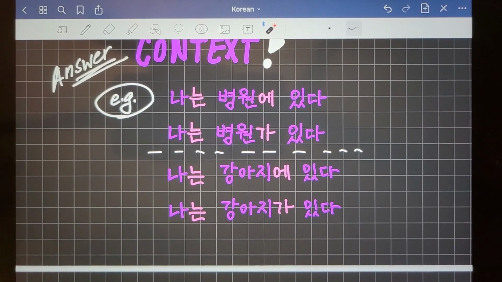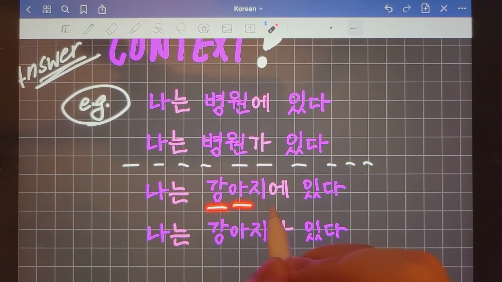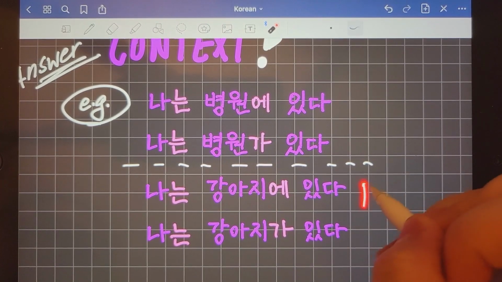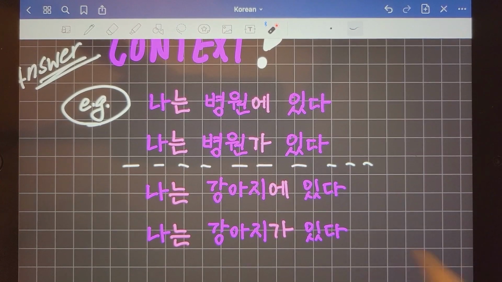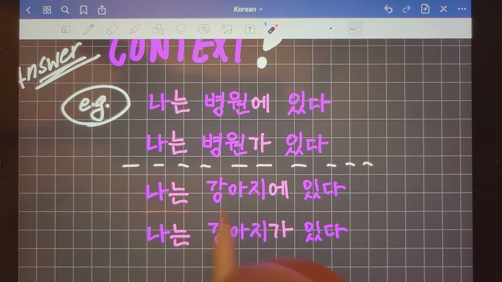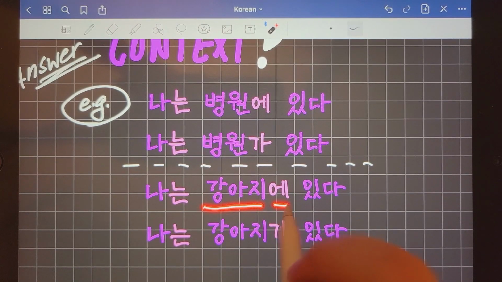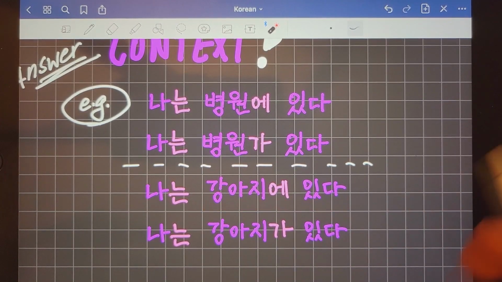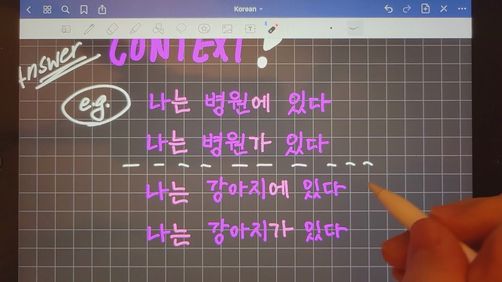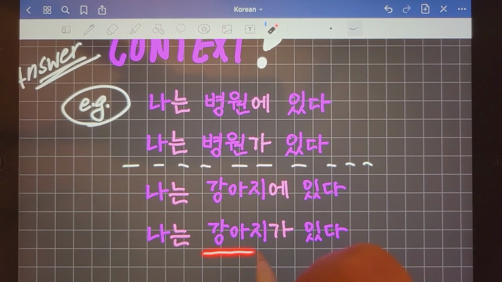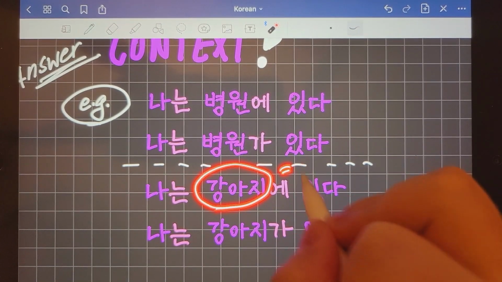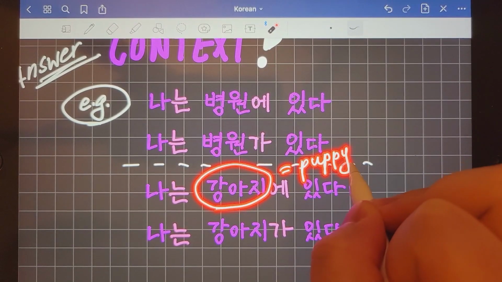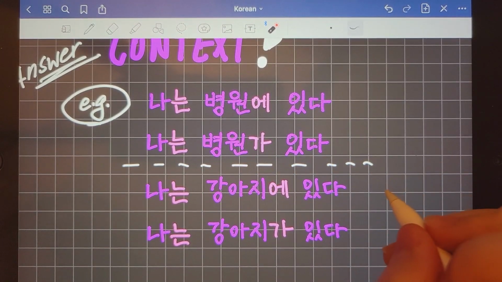What if that second word, 강아지, means puppy? 나는 강아지에 있다. What would that translate into versus 나는 강아지가 있다? Now, 강아지, if that means puppy again, think about which